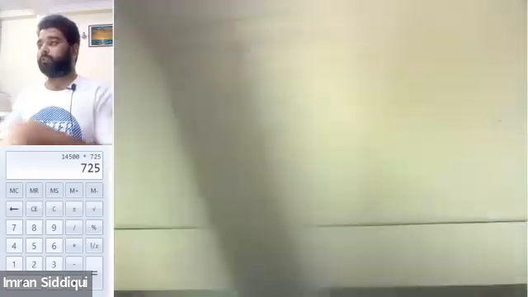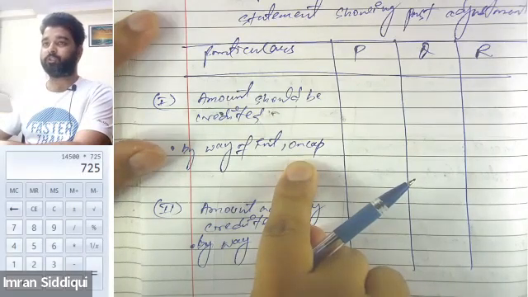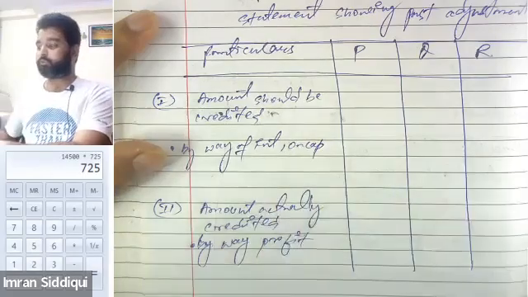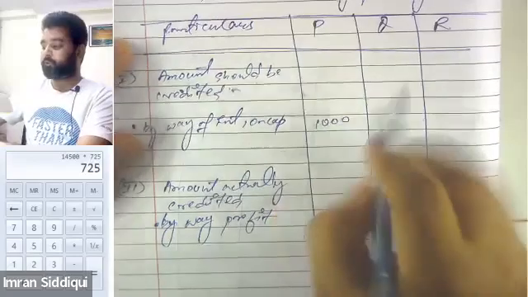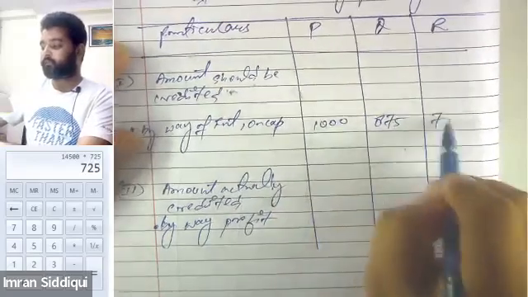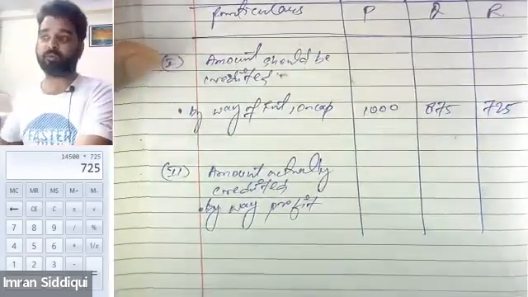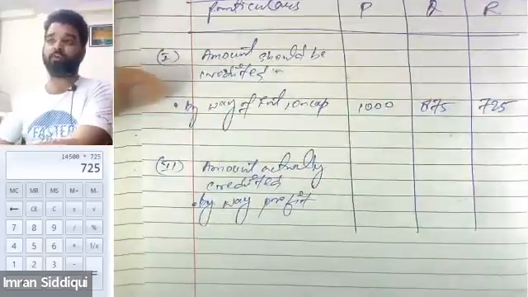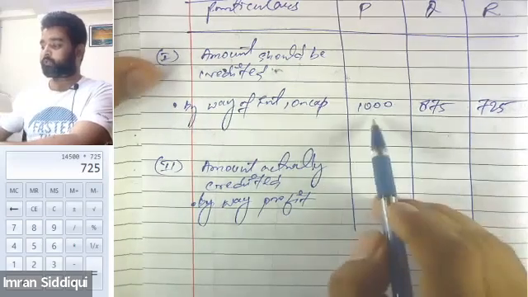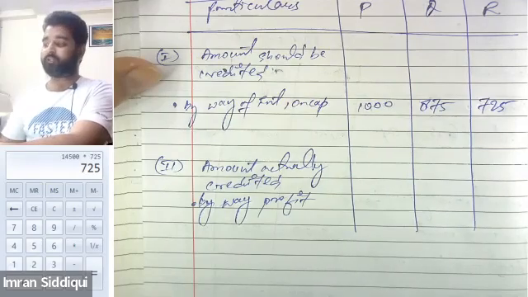We will come back to the statement showing profit adjustment, and here we will be writing the value of the interest on capital that should actually be credited among the partners. So P should have got 1,000 by way of interest, then 875 and 725. I don't want any of you to write it down. I'll show you the PowerPoint and you can take a screenshot from that and later note it in your notebook. All right, so 1,000, 875, 725, this is the interest that should be credited,